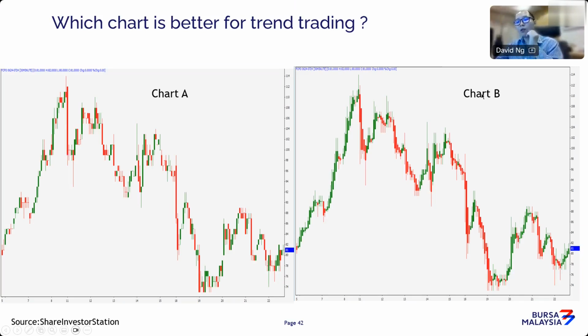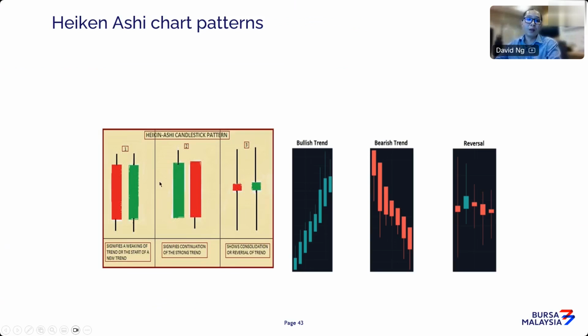Now, in chart B, when you use Heiken Ashi, as long as the candles are green, it's just telling you the market is going up. Candles are red, showing you the market is coming down. So 3 distinct patterns only. You just need to understand whether the color of candles is green or red. Now, if you start to notice, like in a red bar, there's an upper and lower wick, usually that tells you that the downward momentum is losing strength. Same goes for a green candle.